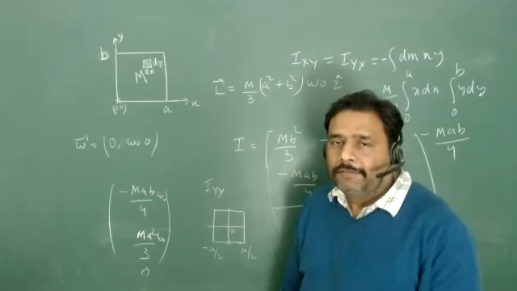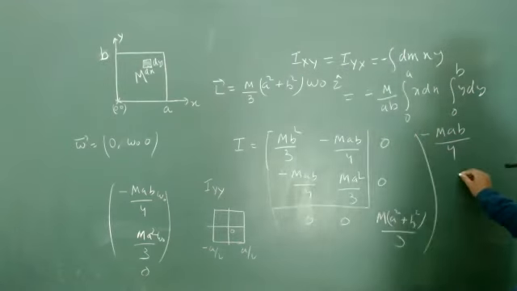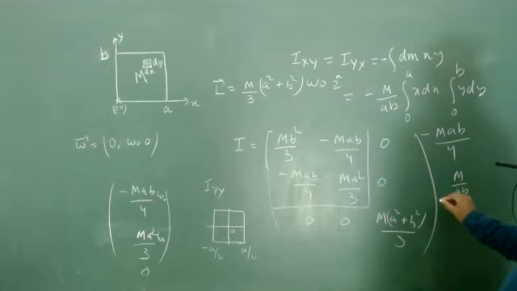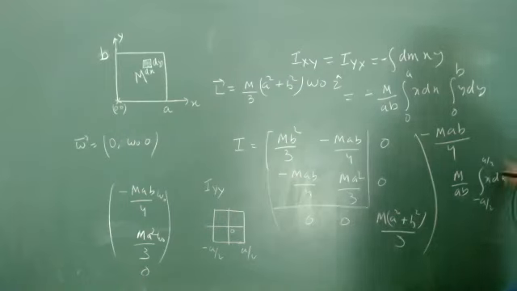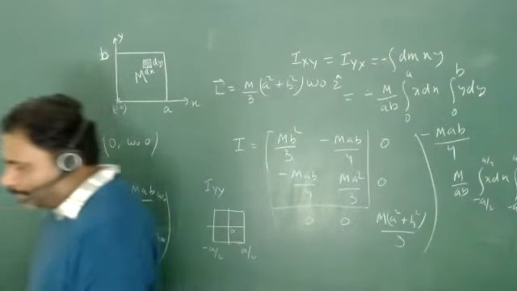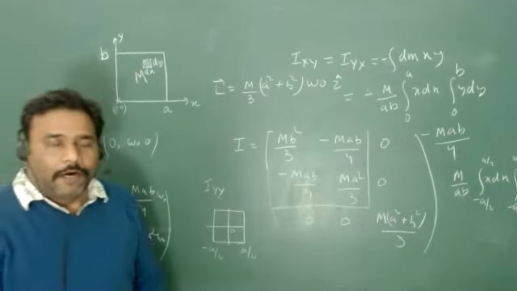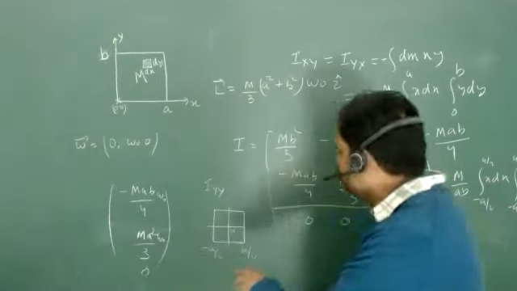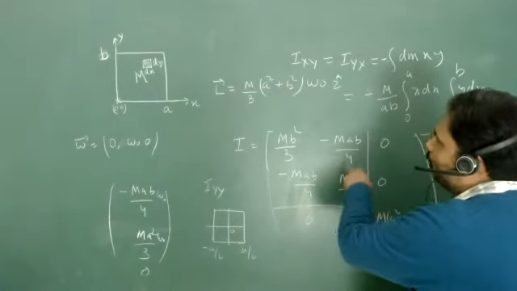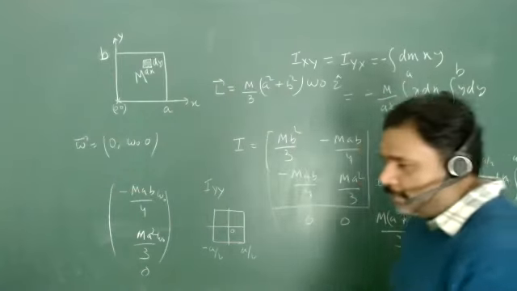Isn't it? Yes sir. है ना? और ऑफ डायगोनल टर्म को अगर आप कैलकुलेट करोगे तो क्या होगा, एम ए बी ए तो सेम रहेगा, and you will get from minus a by 2 to plus a by 2 x dx. That value is what? 0. Minus a by 2 to plus a by 2 y dy. What is this value? This value is itself 0. Isn't it? Yes sir. तो वो वैल्यू अपने आप 0 हो जा रहा है, तो आपको क्या मिलेगा? ओनली यू हैव डायगोनल मैट्रिक्स। और जब आपका डायगोनल मैट्रिक्स मिलेगा तो उसमें सिर्फ और सिर्फ y एक्सिस के अबाउट ये वाला पार्ट ही कंट्रीब्यूट होगा, x एक्सिस के अबाउट ये वाला पार्ट ही कंट्रीब्यूट होगा, z एक्सिस के अबाउट ये वाला पार्ट ही कंट्रीब्यूट होगा।